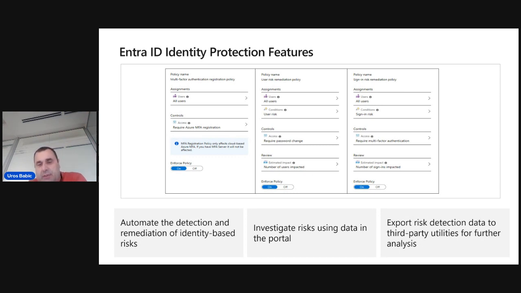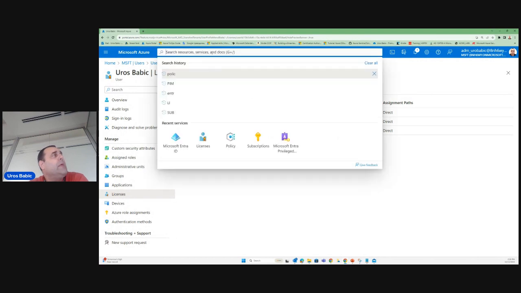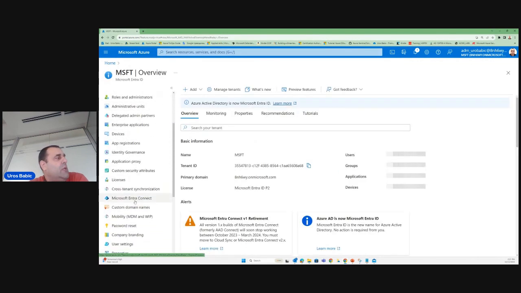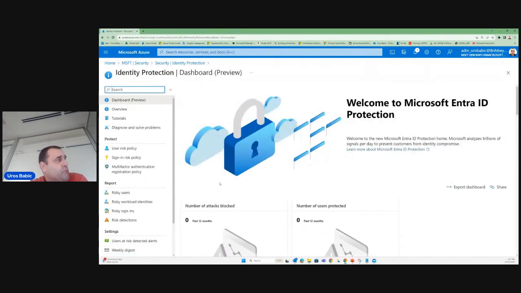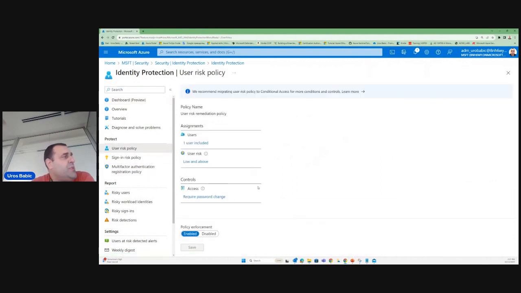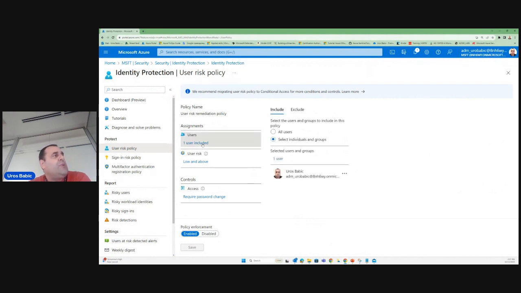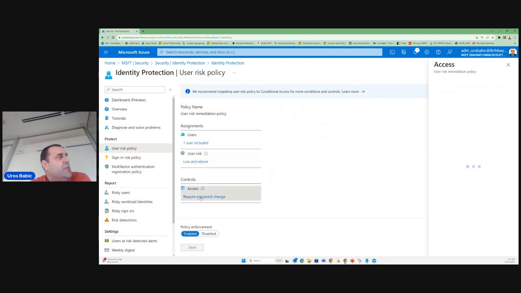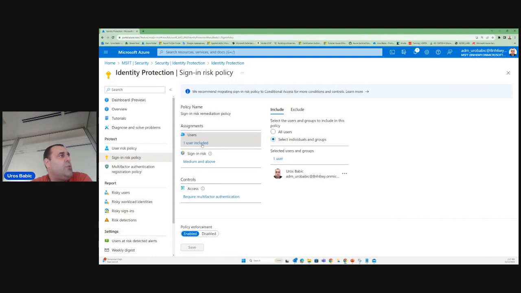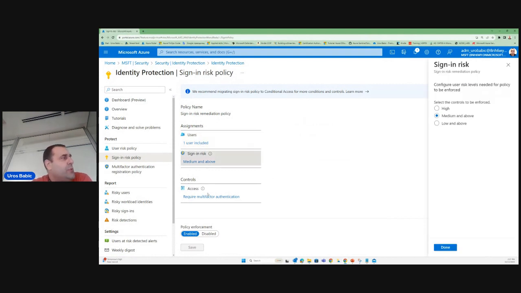And where is that in the portal? I can go now to Microsoft Entra ID, and actually Security and Identity Protection. And you can use different options using risk policy. I include, for example, my users. For my users with user risk low and above, I require a password change to allow access. I can use the sign-in risk policy for a remediation task. I can include also my users for the medium and above option and require multi-factor authentication, and enable